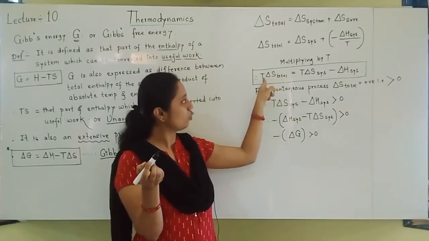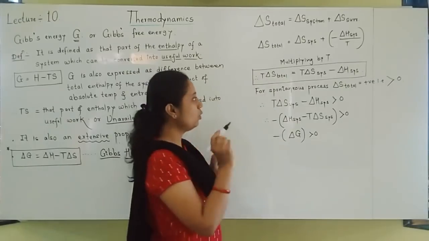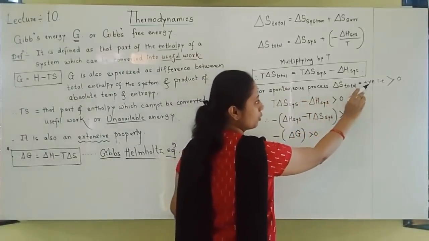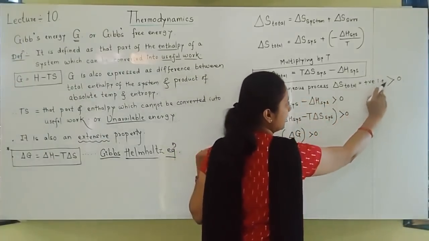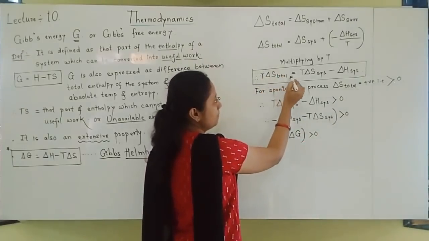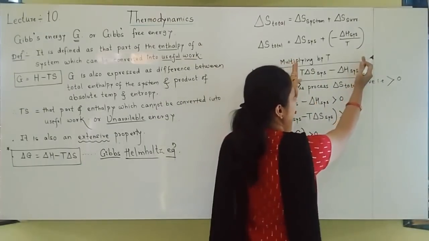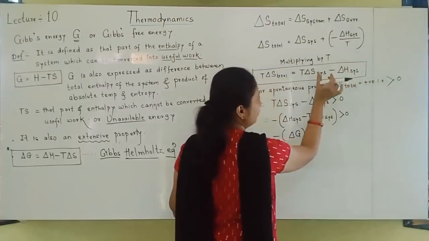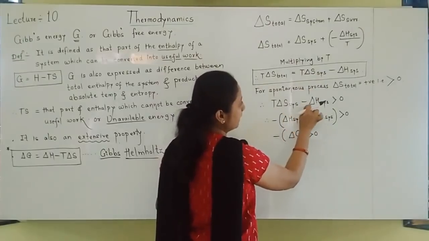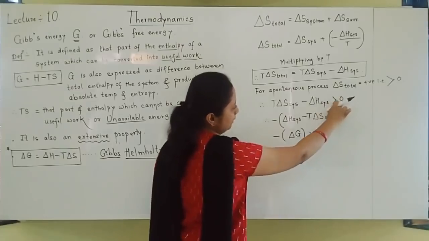So that delta S total multiplied by temperature will surely be positive only. So we can conclude that for a spontaneous process, delta S should be positive, that is greater than 0. Positive means greater than 0. So this complete term becomes positive. As this complete term is positive, the right hand side is also positive. So on the right hand side I have written T delta S system minus delta H of system, that should be positive. Positive means greater than 0.